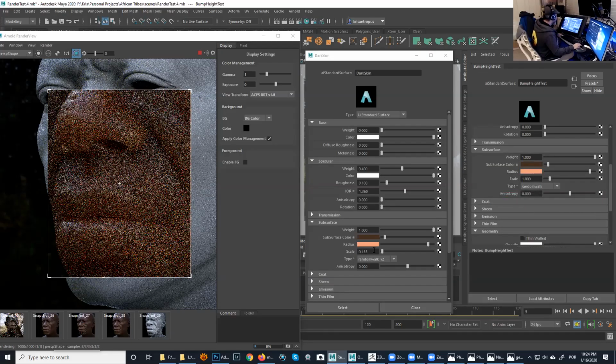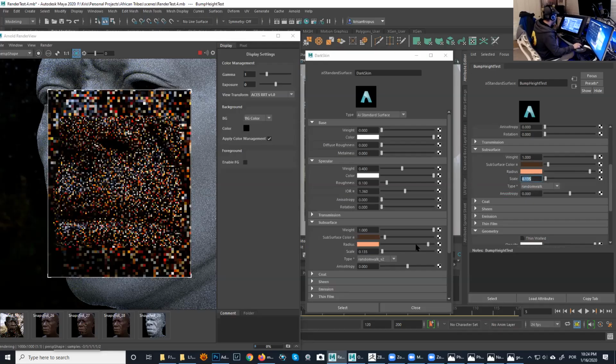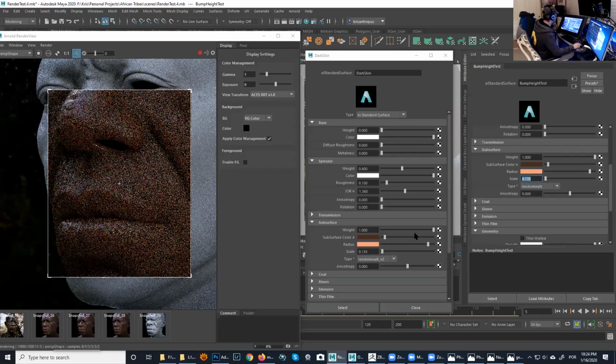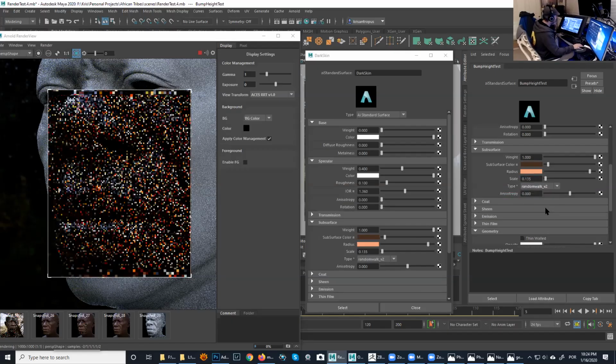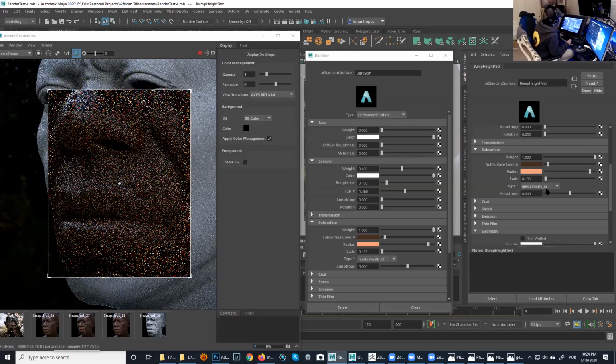And now for the scale, it's still very, very high. I'm gonna do scale at 0.135. And for the random walk, instead of random walk 1, I'm gonna use random walk 2. If you don't have random walk 2 available, that means you're using an old version of Arnold. And in that case, you're gonna have to go to the